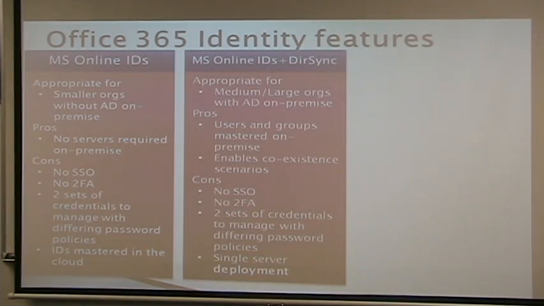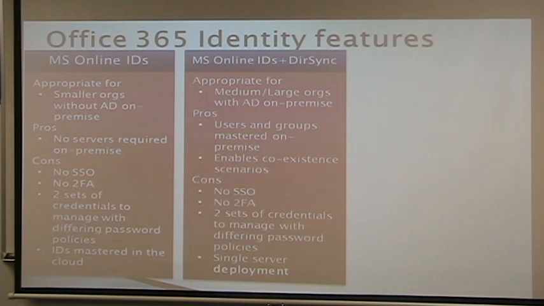MS Online IDs plus directory synchronization services, for medium-large organizations with AD on-premise. Some of the pros are users and groups mastered on-premise. It enables coexistence scenarios, so hybrid scenarios, on-premise plus cloud, which is going to be most of our clients. Some of the cons: you still can't do single sign-on with this. There's no two-factor authentication. You've still got 2 sets of credentials, much like AppRiver, but